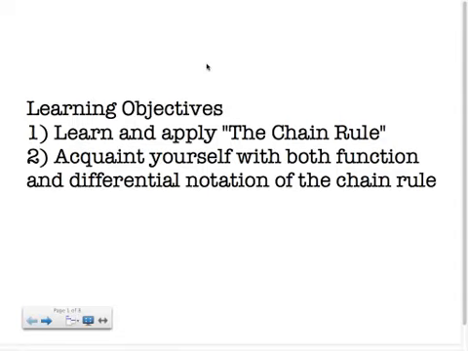In this lesson, we're going to learn what's probably the most important derivative rule there is. It's called the chain rule. We'll explain why it's called the chain rule as we go. And there'll be two different notations that you're going to want to observe and be comfortable with by the end